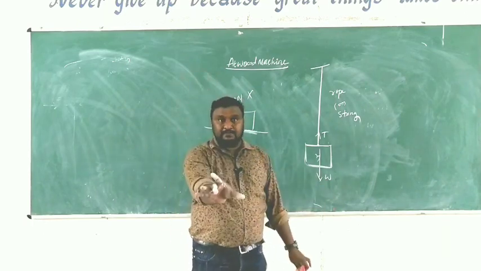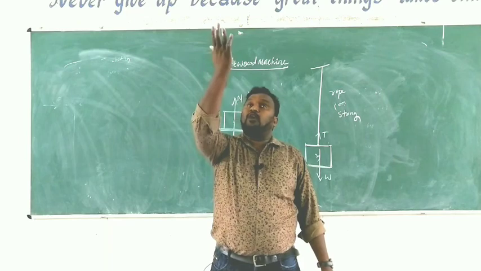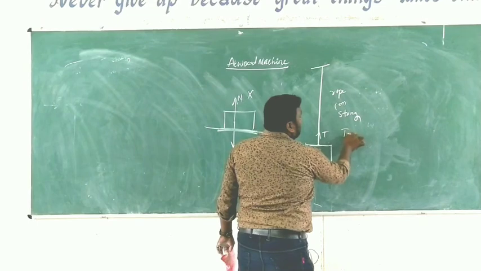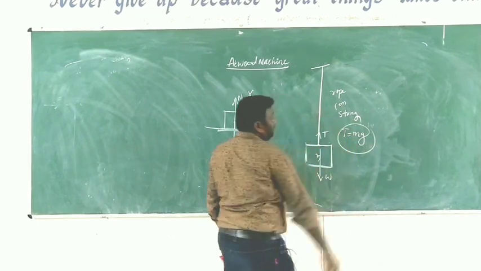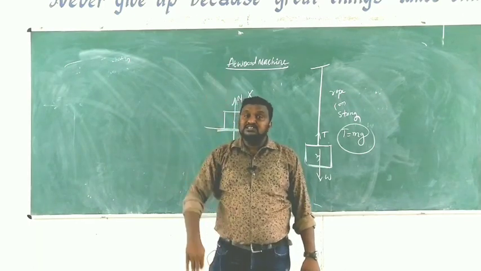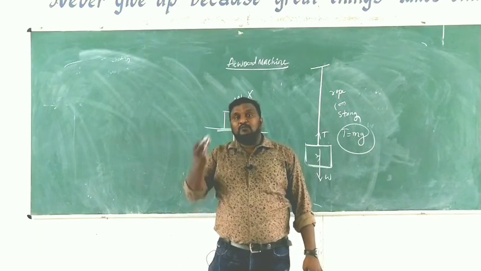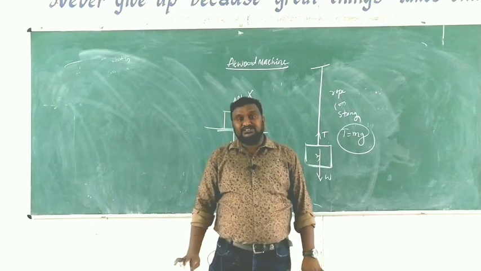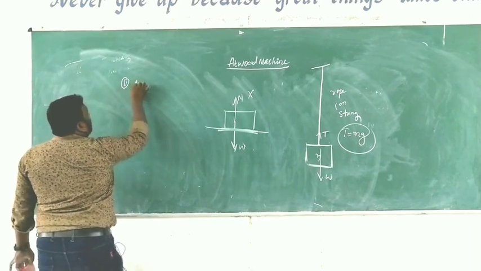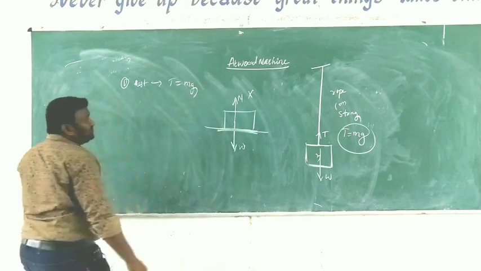Now you have to remember very important points here. When the rope is suspended and the object is in air only, it does not move upward and does not move downward. Then here you have to say T is equal to mg. That means the force in the upward direction equals the force in the downward direction. That's the first point: rest position. If the object is at rest, T is equal to mg.